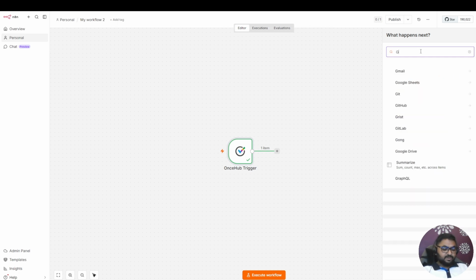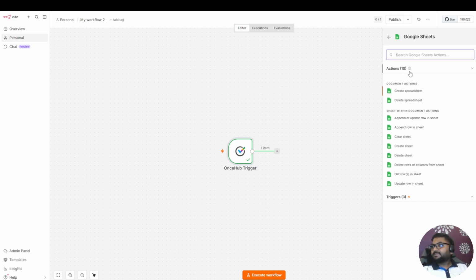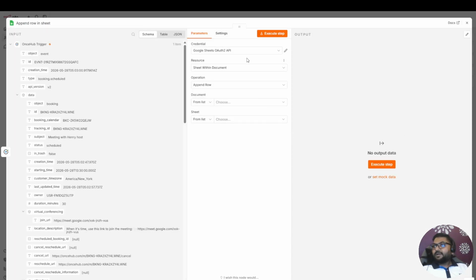For this demo, I'll send my information to a Google Sheet. Select Google Sheets and the action will be Append row in sheet. I have already made a connection between Google Sheets and n8n. In case you don't have one, you will need to create new credentials. So now select our sheet,